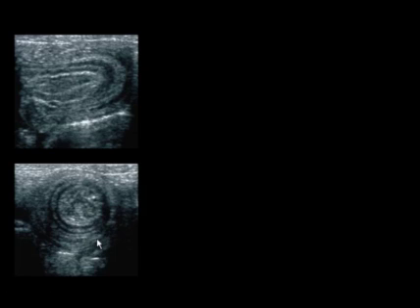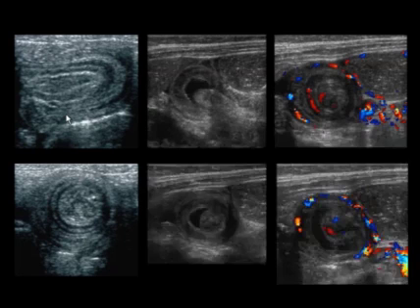Here's a typical appearance of an intussusception, a target appearance with multiple layers due to the intussusceptum and the outer intussuscipiens. Here we see a sagittal view of it. Some people have called this a pseudo-kidney sign. They've likened its appearance to a kidney. Here you can appreciate in a different patient the invagination or a telescoping of one portion of bowel into the other, and again the swirling appearance of the various bowel layers and the vessels as well with color Doppler.